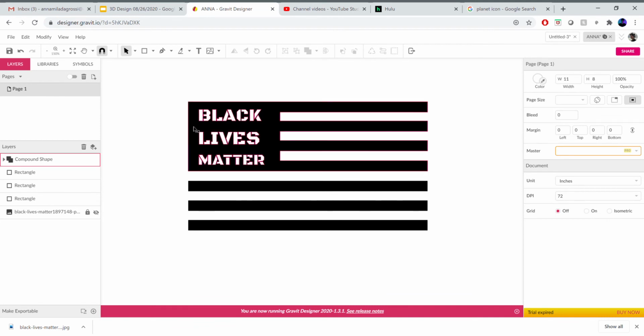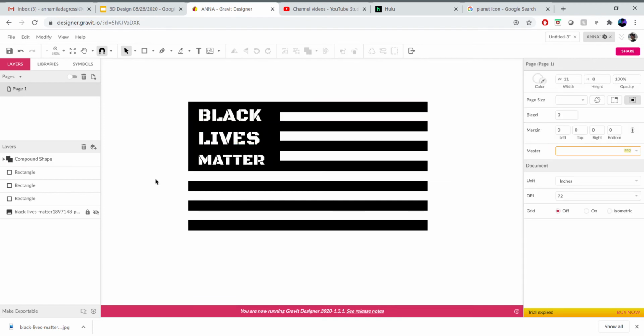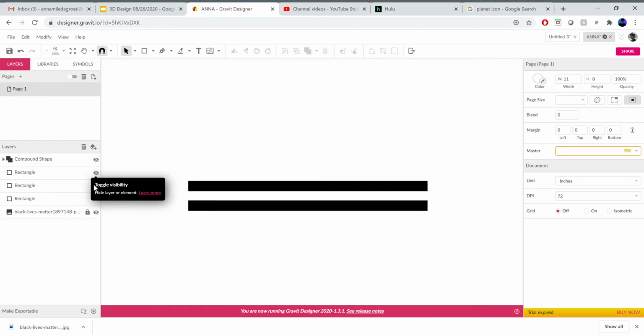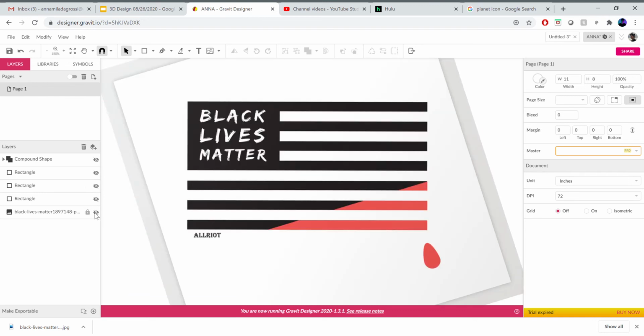Okay, there we go. So it's subtract. So I don't have the text anymore. What the text did is it cut into the panel underneath. So it's all one layer. Okay, and it's now a compound shape. I'm going to toggle this to get rid of it. And then the last thing I have to do is I need to create this rectangle and then the little